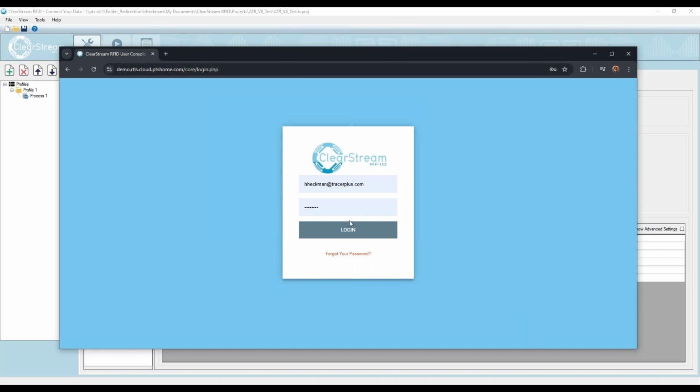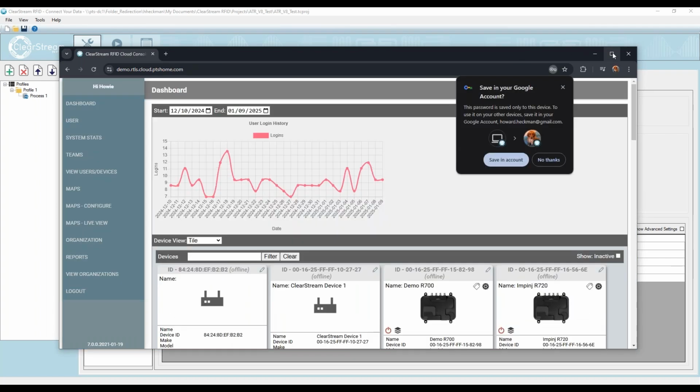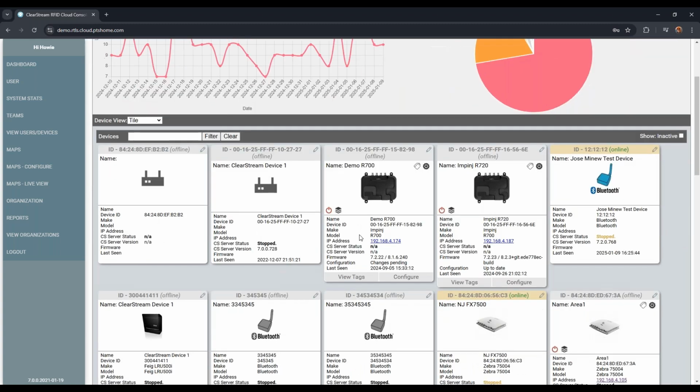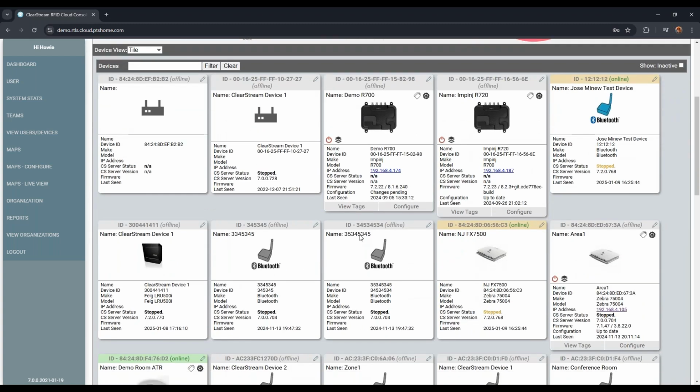So here, if you go to the web portal and log in with your credentials, it logs me into the portal. Now, important thing to note here, this is our standard portal for ClearStream RFID. So some of you may be familiar with this already if you are using the application. But when I log in, the first thing I'm presented with is all of the equipment that I have configured